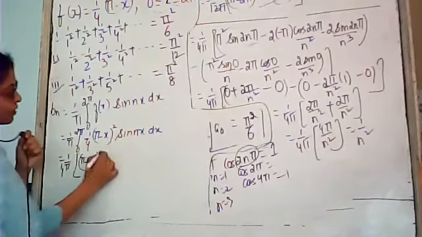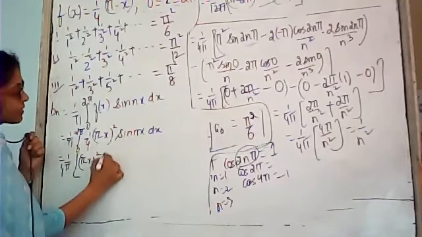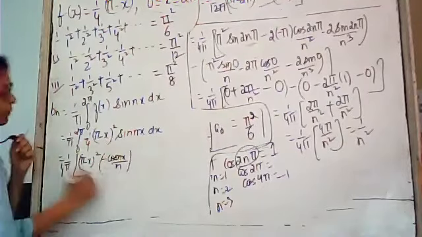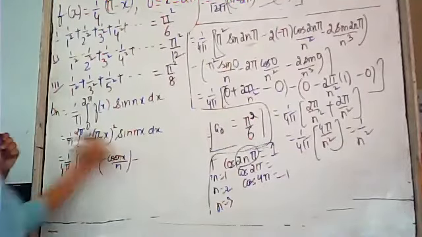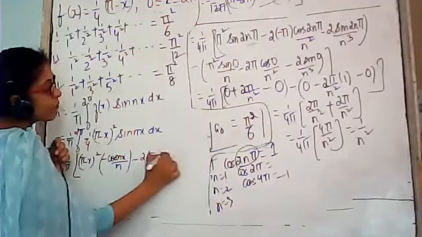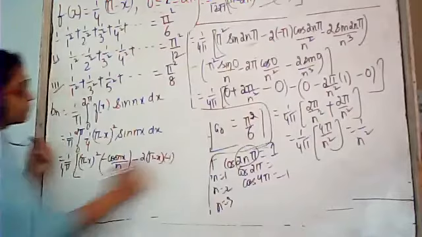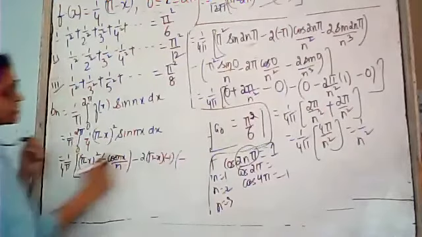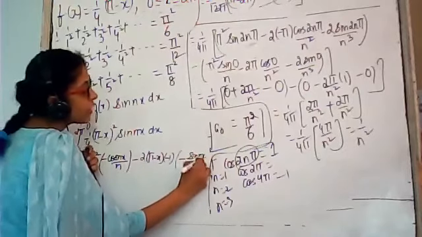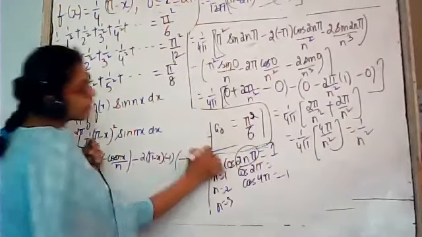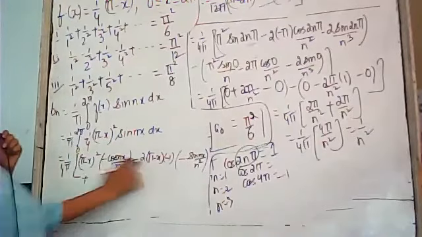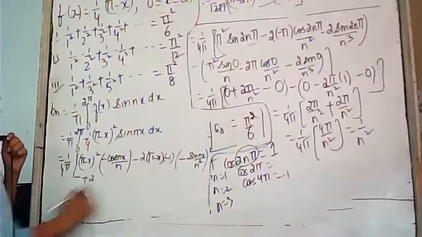Integrate the second function. Integration of sine nx is minus cos nx upon n. Minus, differentiate the first function. This is 2 into (pi minus x) into the derivative of pi minus x, which is minus 1. This minus sign as it is. Integration of cos nx is sine nx upon n. 1 n is already there, so we will write n square. After that, put a positive sign. This 2 will remain as it is.